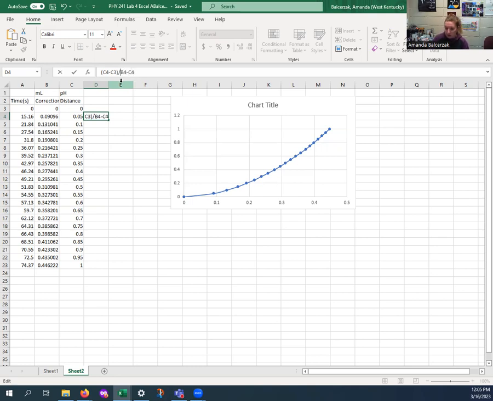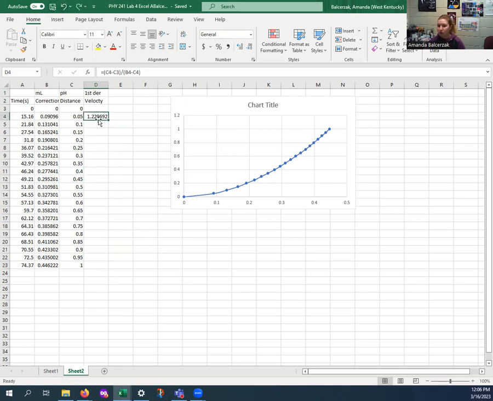Oh, I better put that in parentheses or it's not going to like it. And we need an equal sign. There we go. All right. And so for me, distance over time, this is velocity. For you, this would be your first derivative. So it's the same thing. So if you get your formula entered correctly, then